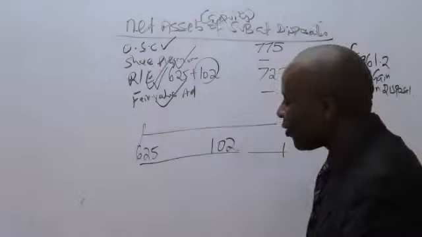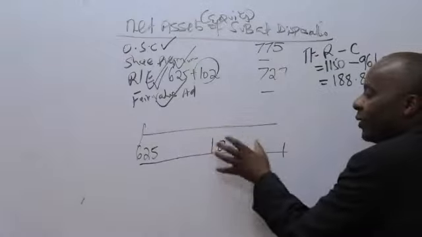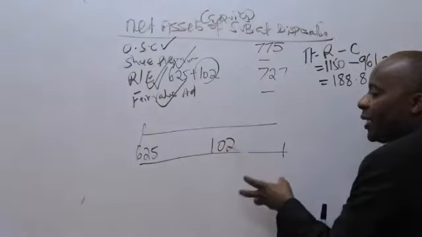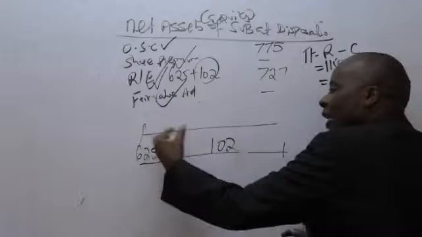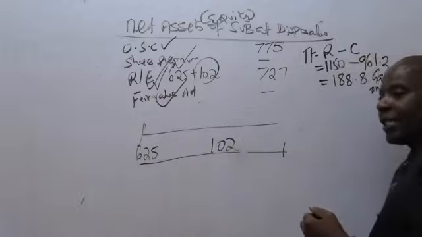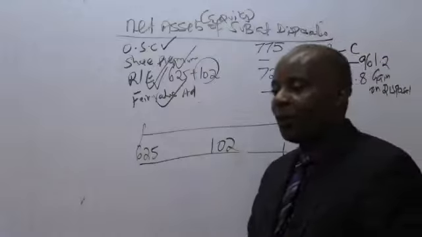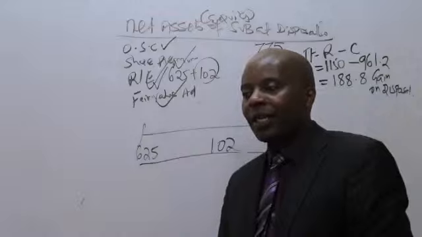By the end of the year, what will be the total retained earnings? Remember, these guys never paid any dividend. So at the end of the year, it will be the 625 that it came with, plus the 102 which has been retained. Mary, are we together there? Great. So then we have gotten